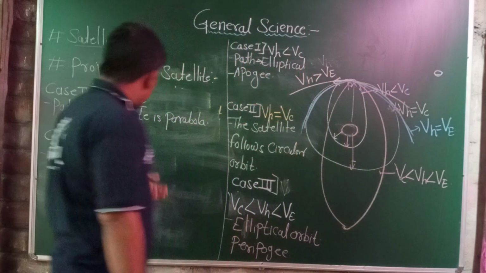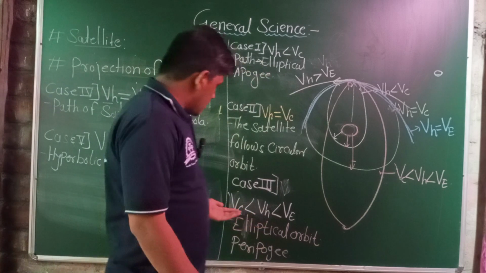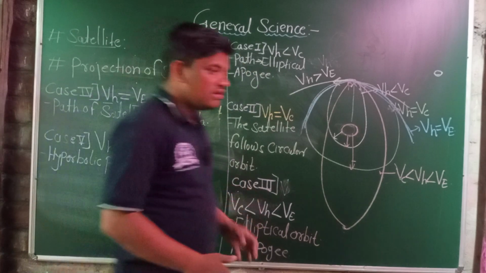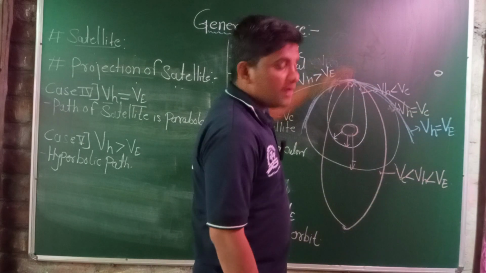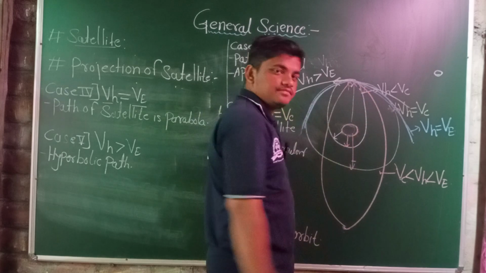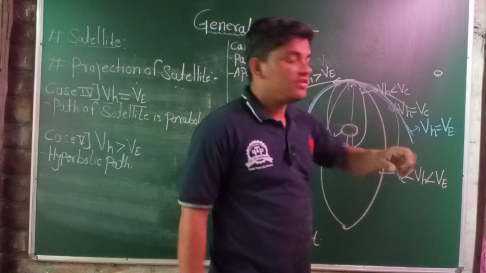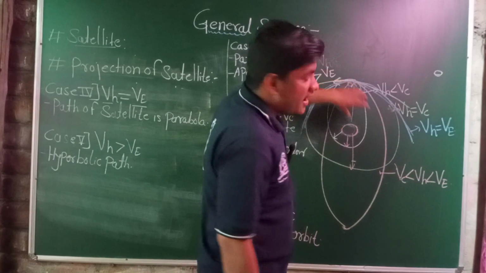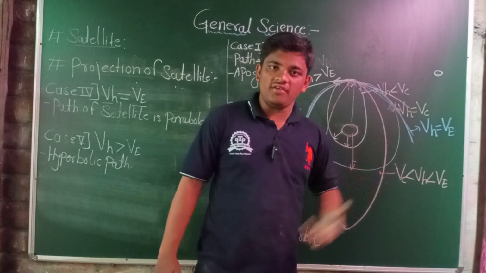After that we move on to the third case, where the velocity is greater than the critical velocity, and again the path is reducing, and the last path will be like this. Then, as the velocity is reduced further, it tries to land on the surface of the moon. These are the different, opposite cases.